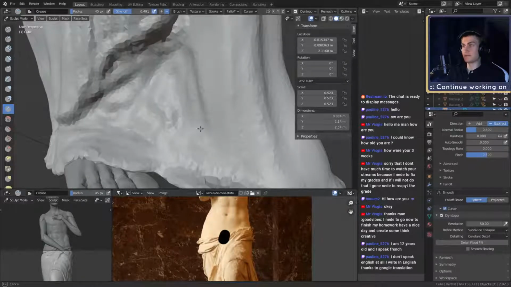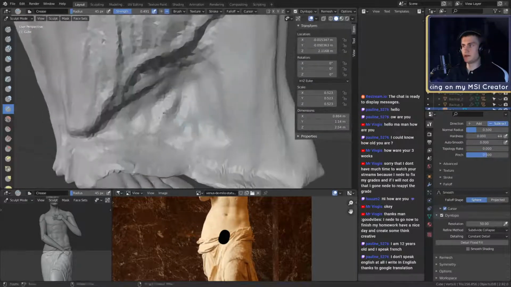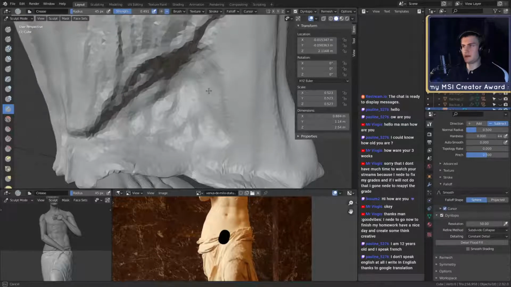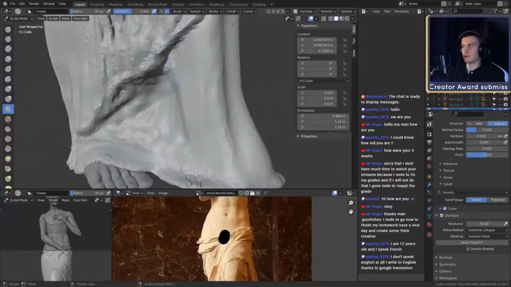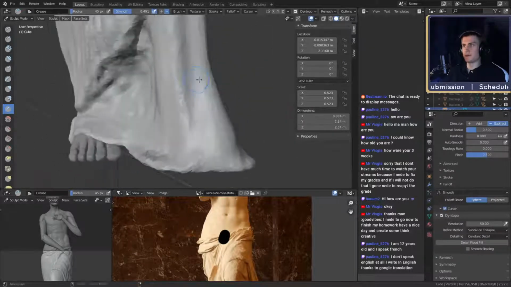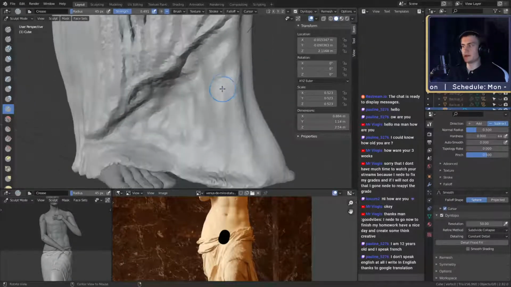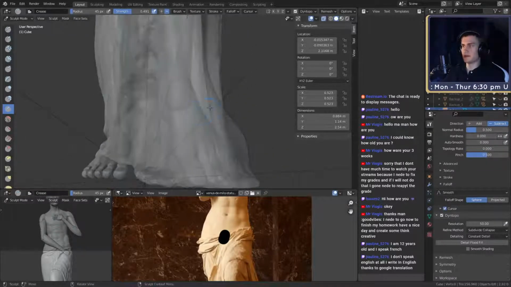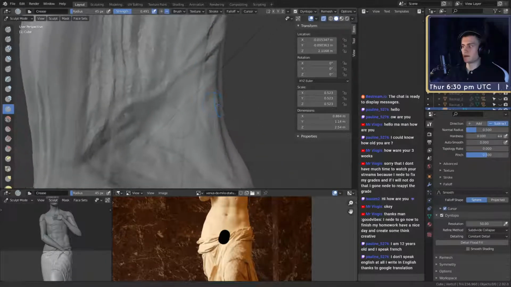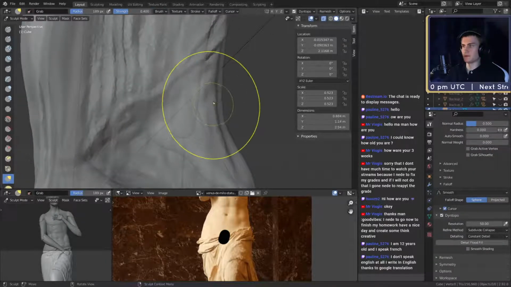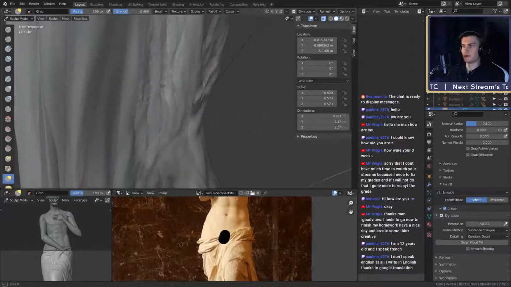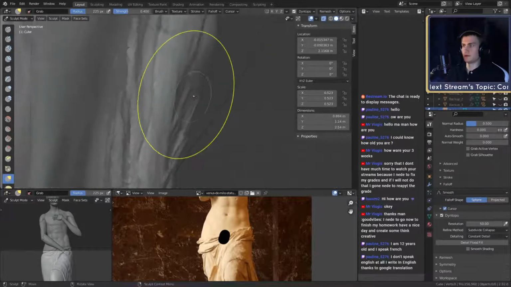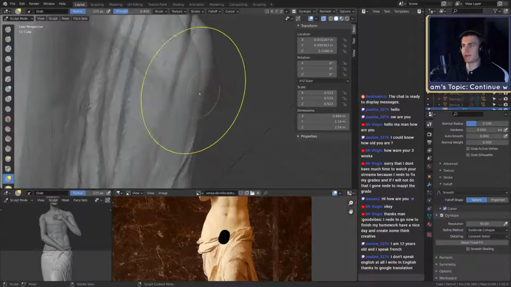We need more depth in here. Put this down. Now we get into the territory where this could be pretty bad, but it looks pretty good. Okay, perfect. So this cloth has to be pretty close to the leg. It's supposed to be laying exactly on top of it, so you have to kind of see the leg through the cloth itself, which will definitely be a little bit harder to do, but it's definitely doable. So let's get to it.